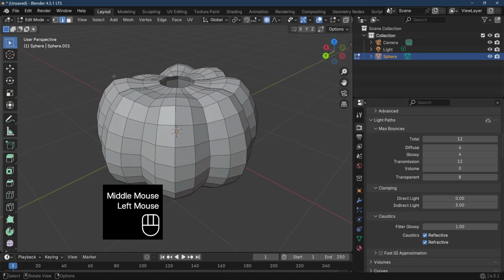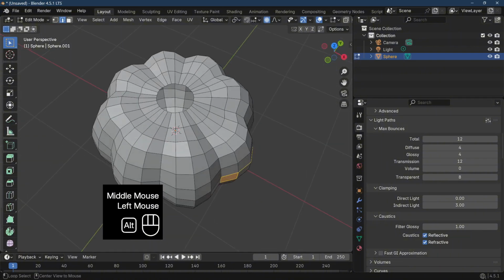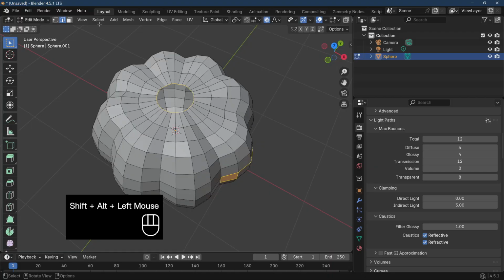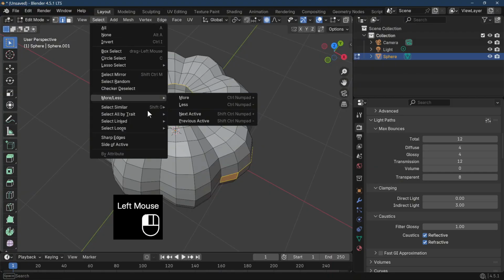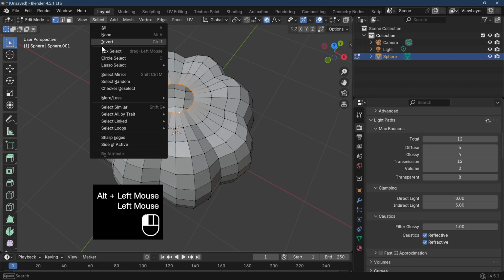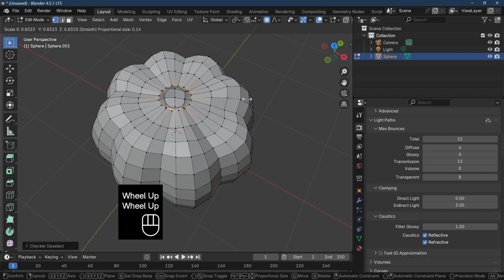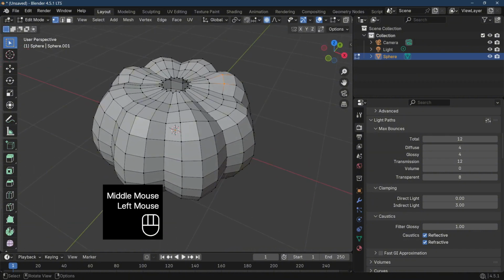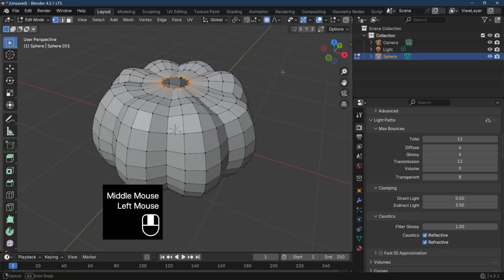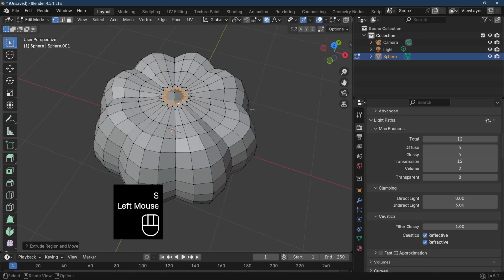So I've made my pumpkin. Look from the front, you can see it's pretty much pumpkin shaped. I'm going to select this top point up here, and then I'm going to select checker deselect on the point. So select the ring by pressing the Alt key down, checker deselect, and I'm going to scale these down just like this, just to get that kind of shape, which of course will be the stem coming out the top. Reselect the ring, and E and S just to scale this down, G and Z